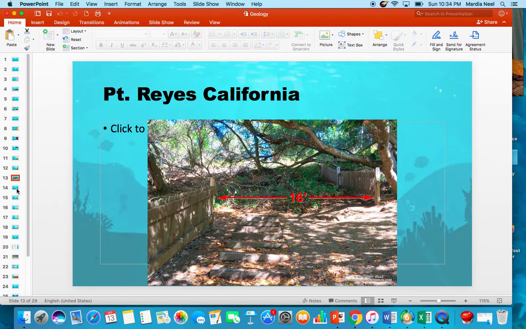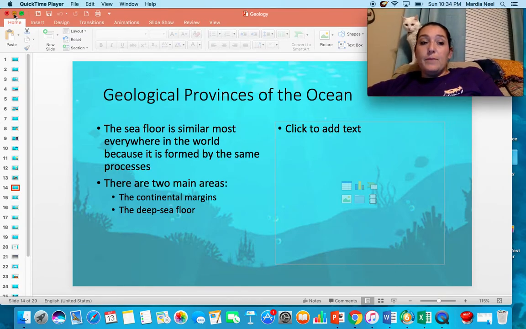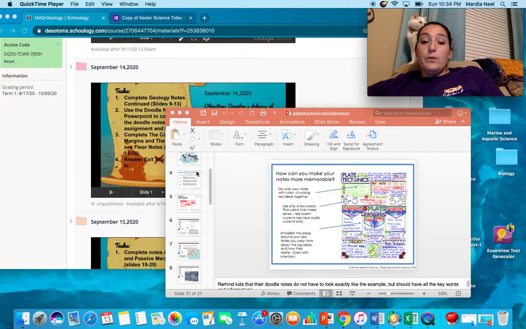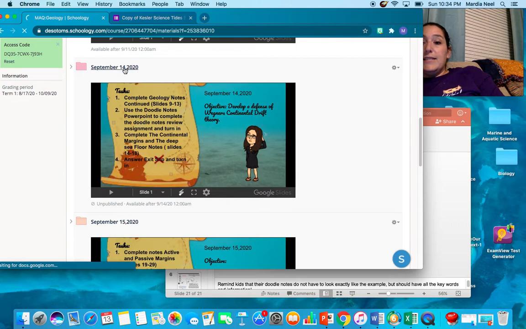So once you get to this point in your notes, it's time to take a break from taking notes for a second, and you are going to pull up the worksheet that looks a little something like this. It says Plate Tectonics. If you go into today's folder,